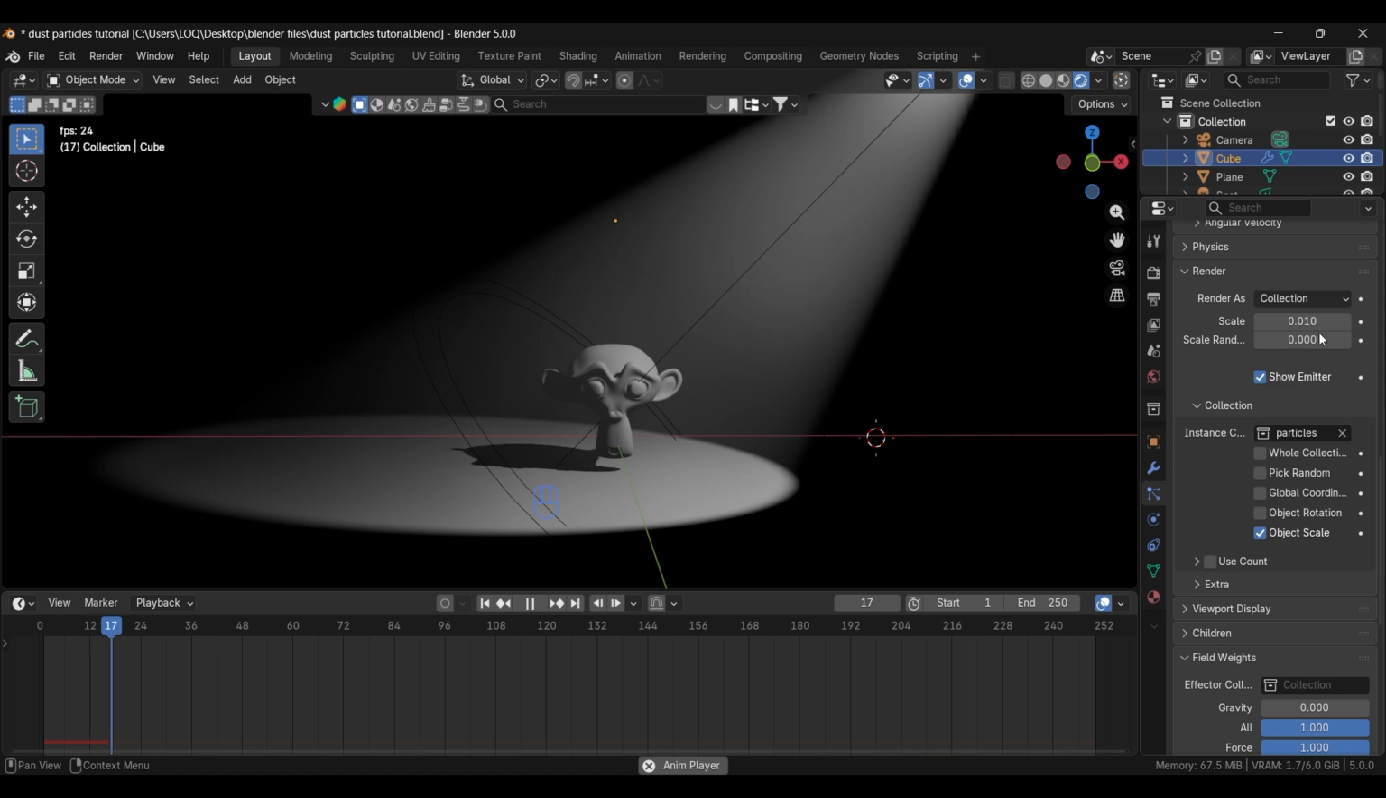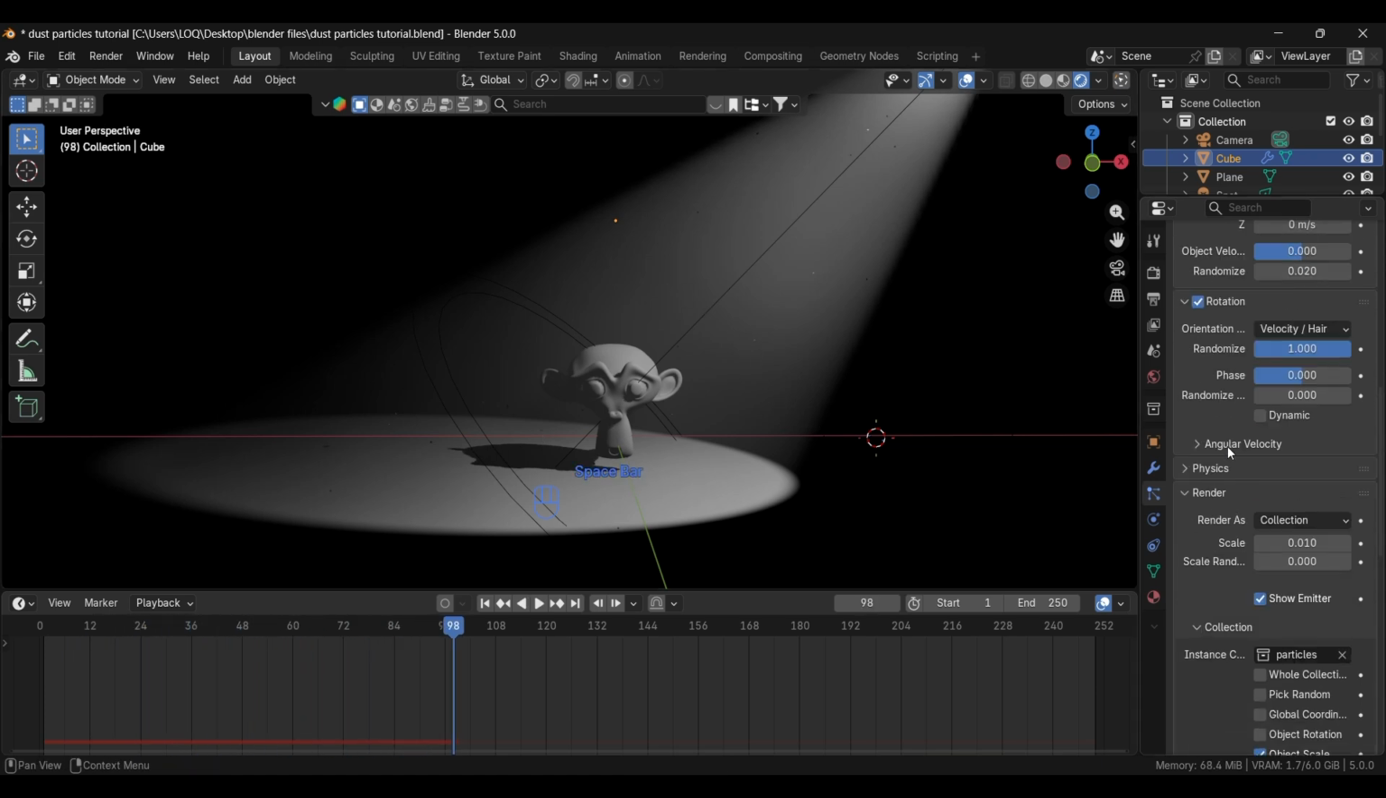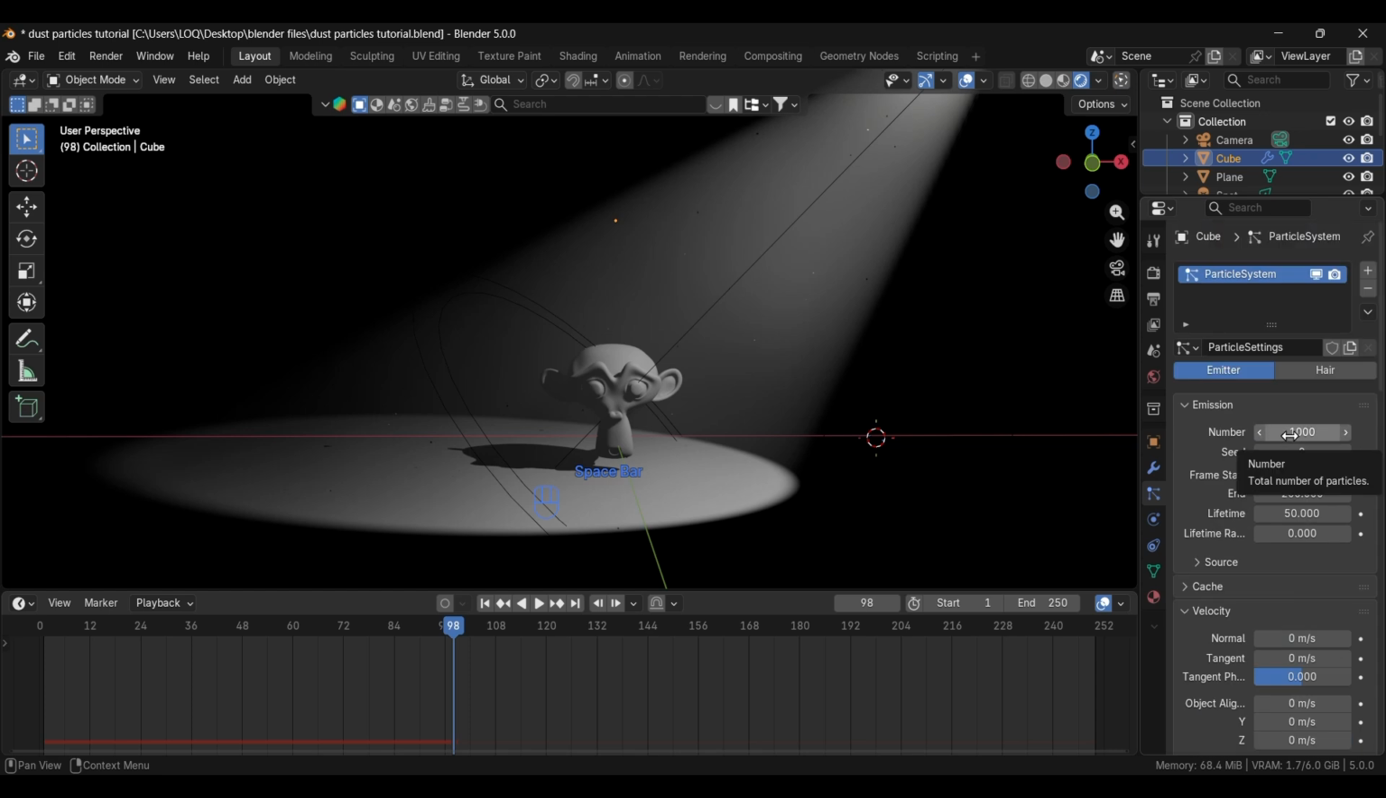We'll give this 0.01. Now they are too small, so let's first increase their number. We'll keep this 3000, and here the frame start will be 1 and the end frame also 1. Change this lifetime value to 250 and this randomized value to